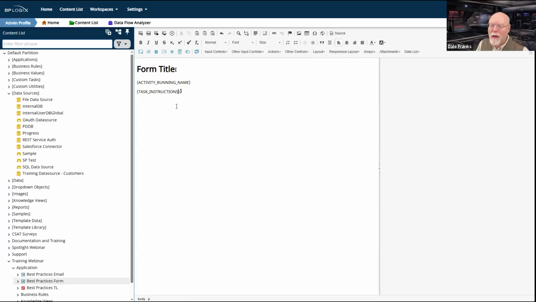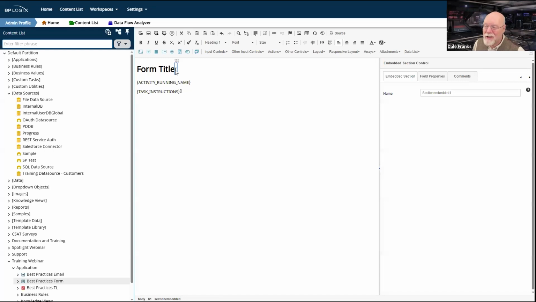I just want all of the vertical space that this would take up, because look what I'm doing. I'm taking up 1, 2, 3 lines. So I have 3 separate paragraph marks here. And on a new form instance, I just don't want a whole bunch of blank space at the top of my page, because on a new form instance, neither of these will return any values, but my paragraph marks still exist. So I like to use the embedded section control.